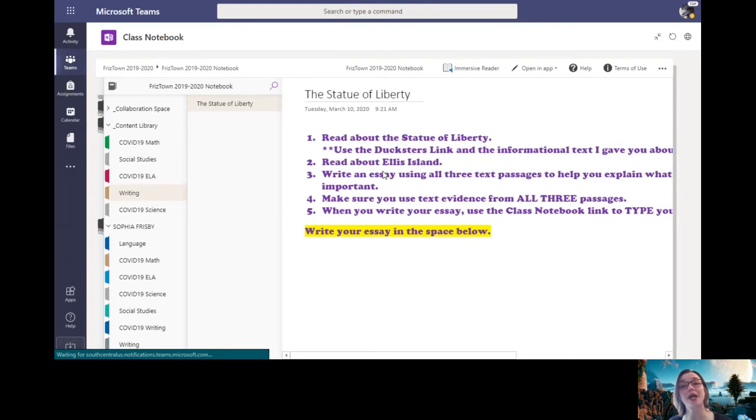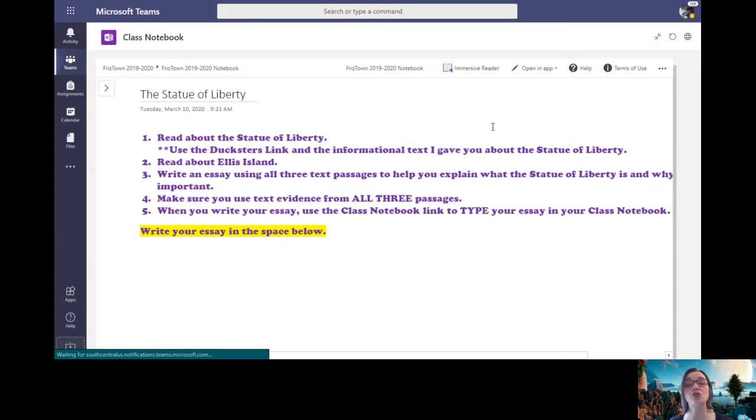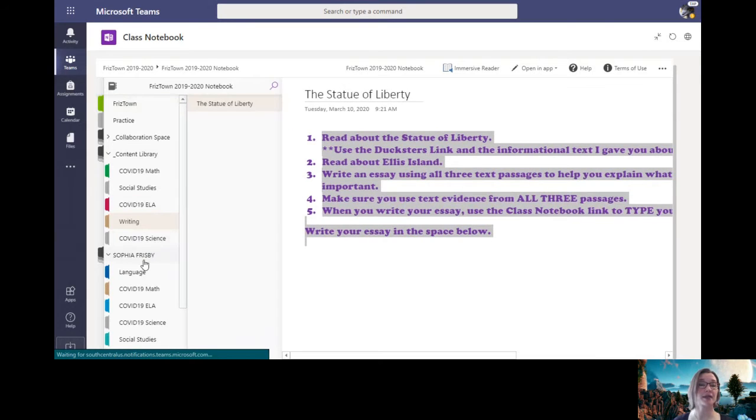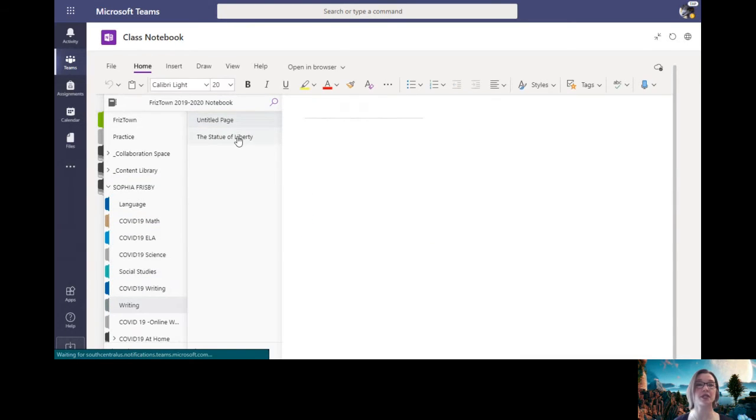Now, this one is read only, which means you cannot edit anything in the content library. You can only read it. However, you can copy it. So you hit Control-C for copy, and then go back to yours, which we had in writing, Statue of Liberty,